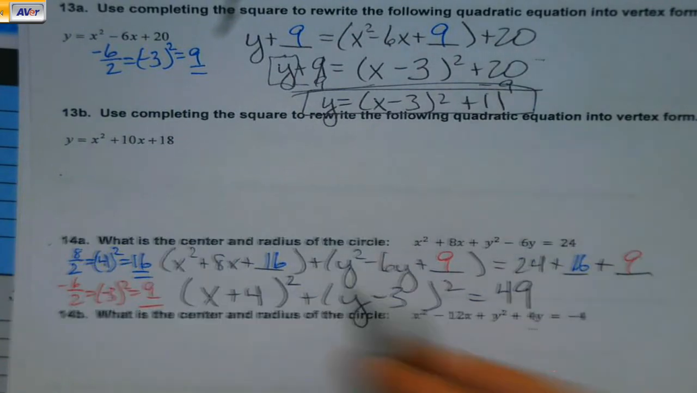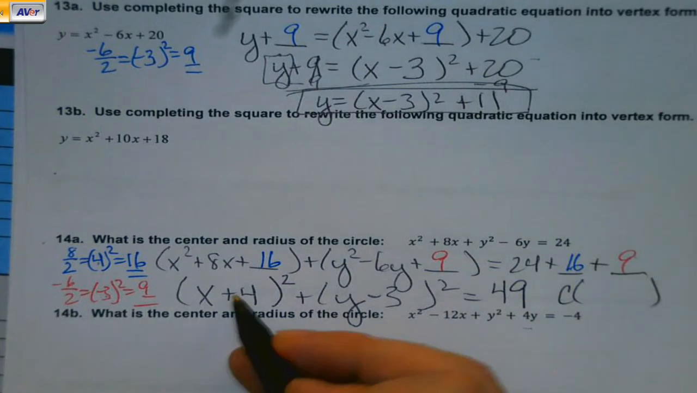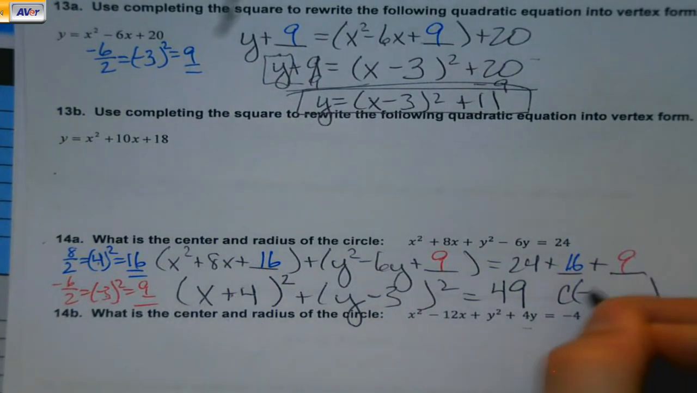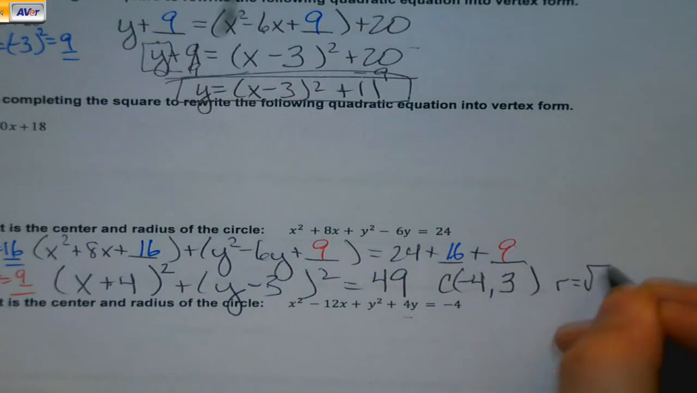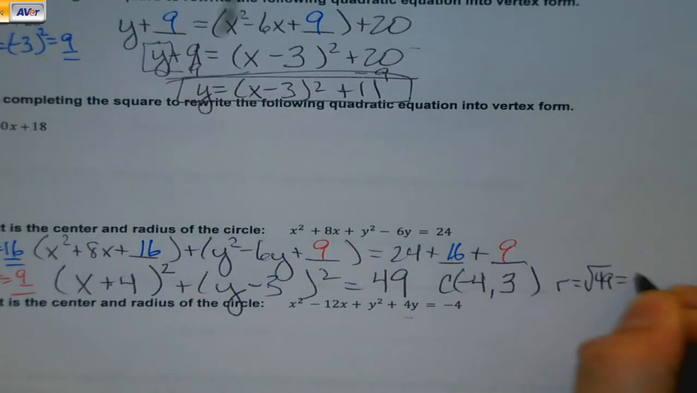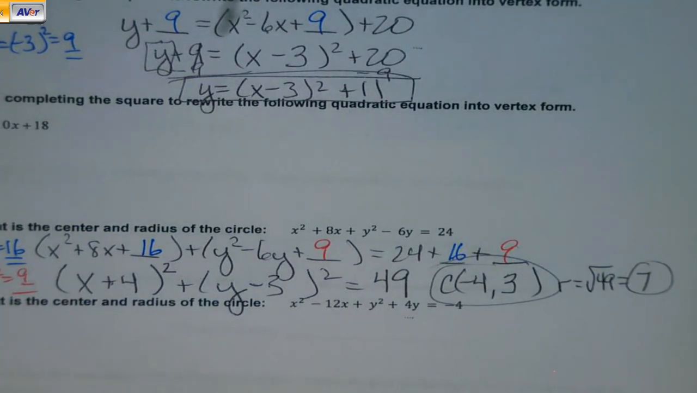But here it doesn't just say get into form. It says, what is the center and the radius? My center is opposite of H and opposite of K. And my radius would be the square root of my right side. Okay, that basically is your post. And I'll answer that other question once I have the answer to it. So tomorrow